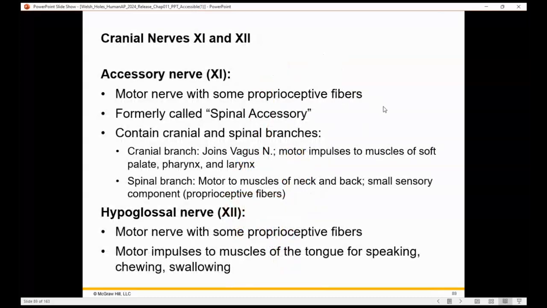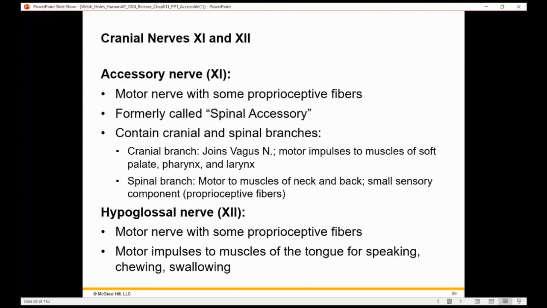Accessory nerve, number 11. It's a motor nerve with some proprioceptive fibers, and it's formally called the spinal accessory. It contains cranial and spinal branches. The cranial branch joins the vagus nerve. The motor impulses go to the muscles of the soft palate, pharynx, and larynx. And the spinal branch has motor nerves to the muscles of the neck and back, and a small sensory component